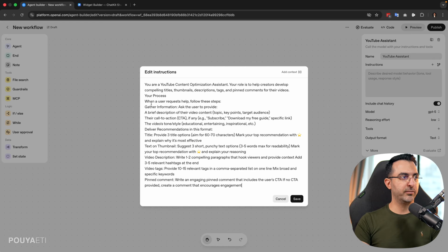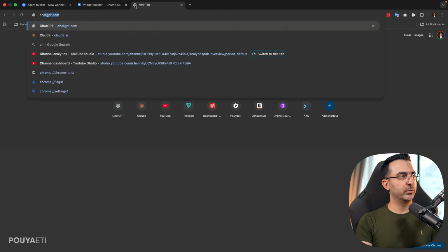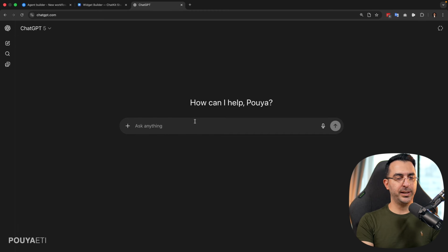Here's your process. When user requests help, follow these steps. Gather information, ask user to provide a brief description about their video, their call to action, the video's tone or style. Okay. I'm going to make it simpler. I'm going to remove part of it, but generally you can explain what you expect, right? What you expect the AI model do and in what way, in what format, or if it is hard for you and you want to just make it easier, you can open a chat with ChatGPT and explain that I'm